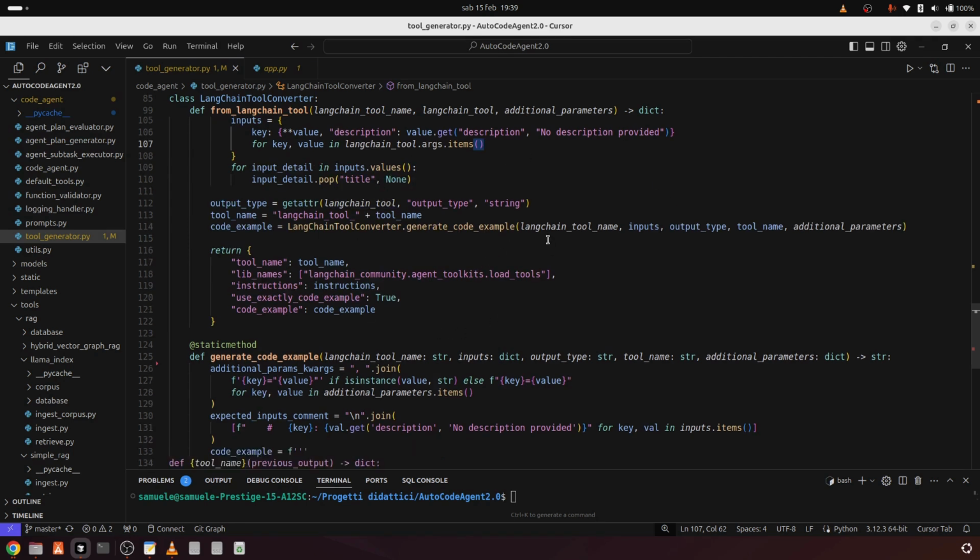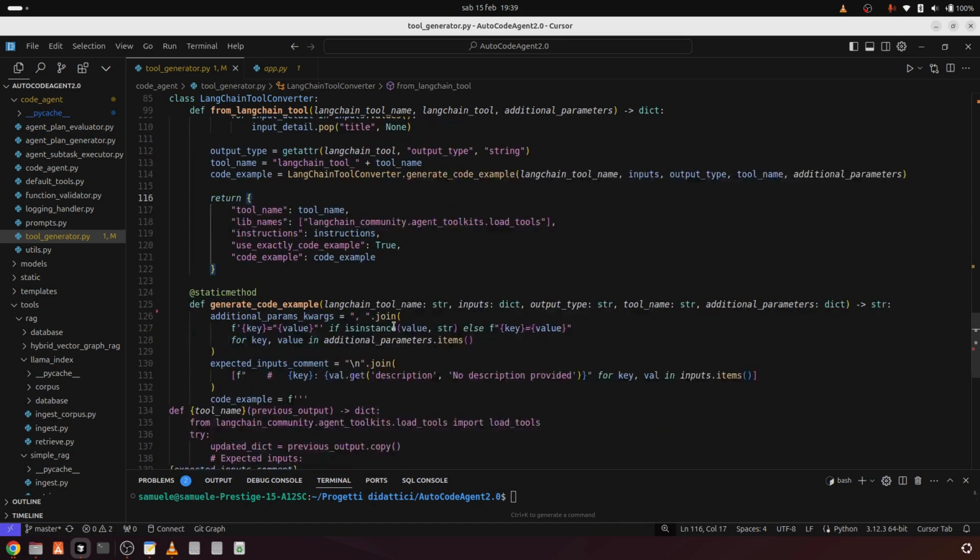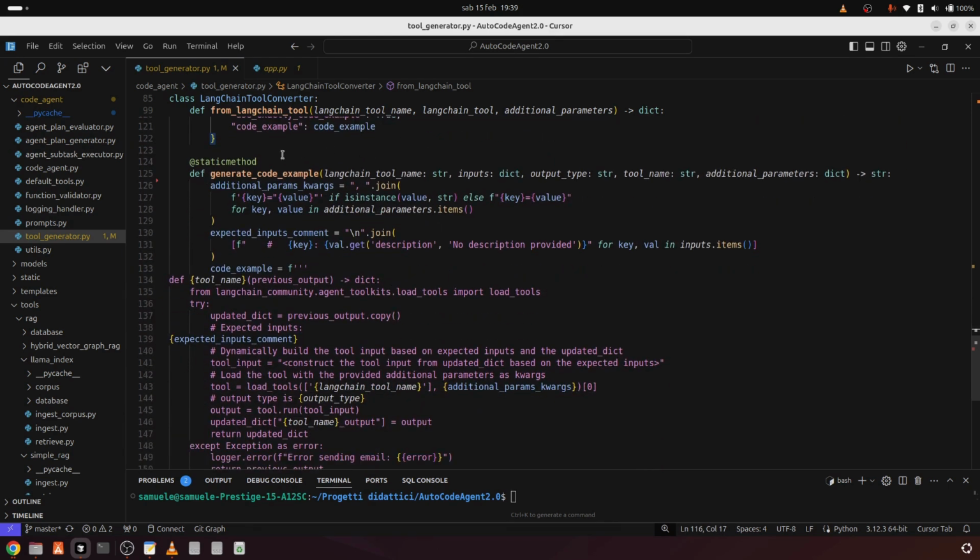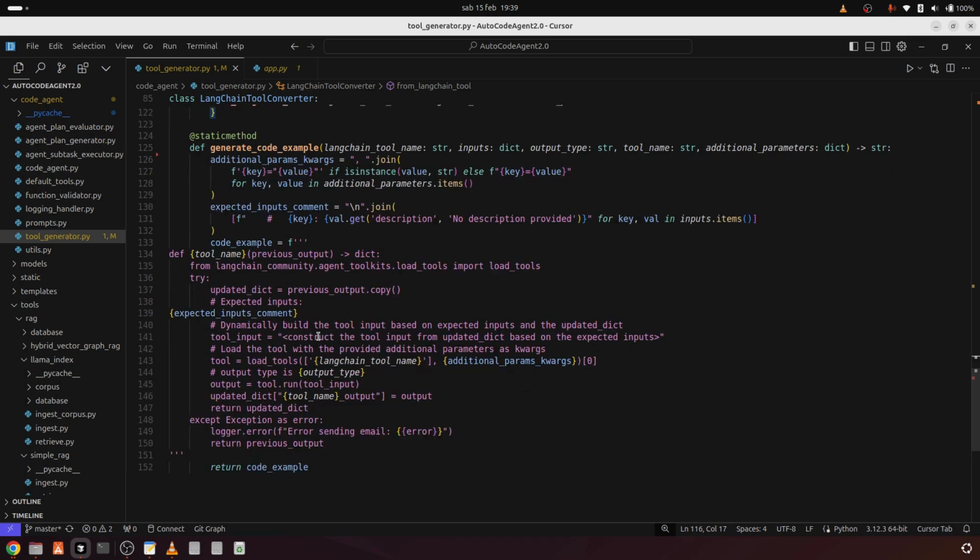One of the most valuable features of this class is the automatic generation of a code example through the GenerateCodeExample method. This method converts the additional parameters into a formatted string of keyword arguments, and it builds an inline comment section detailing each expected input with its description. It then constructs a Python function as a string that demonstrates how to load the tool with load tools, build the tool input dynamically, run the tool, and capture its output. This code snippet, complete with error handling and comments, provides developers with a ready-made template to understand and integrate the